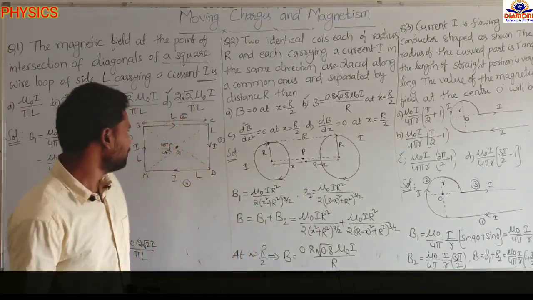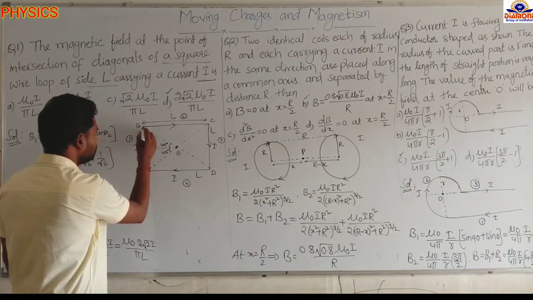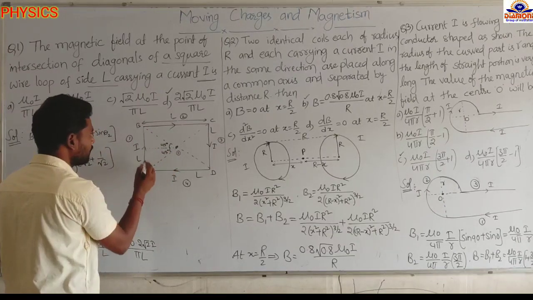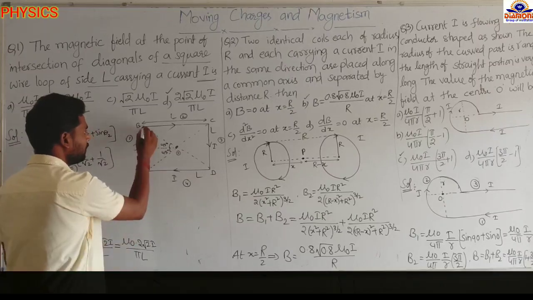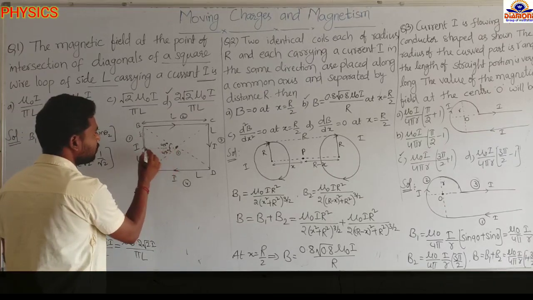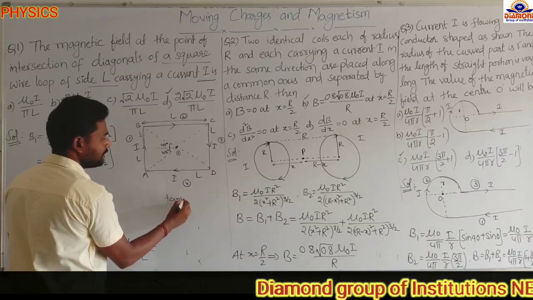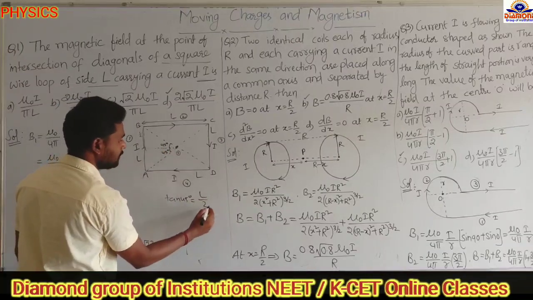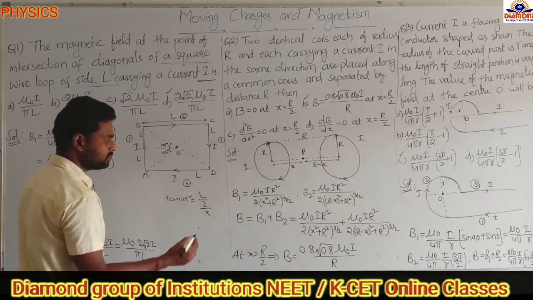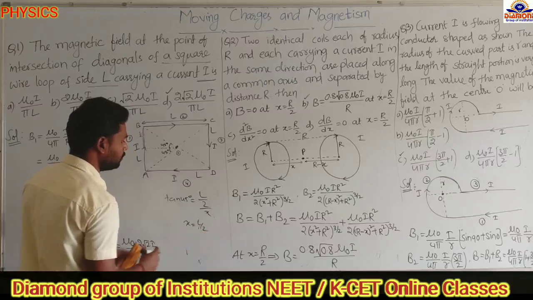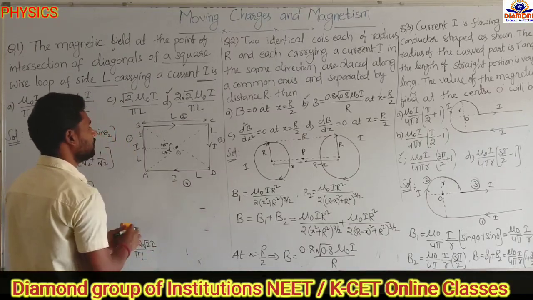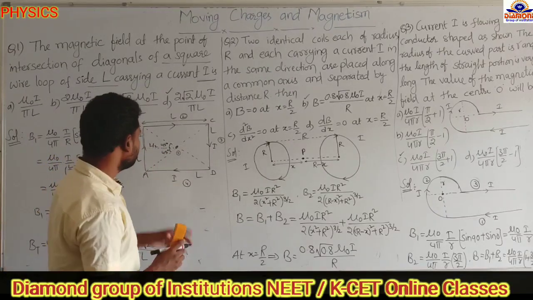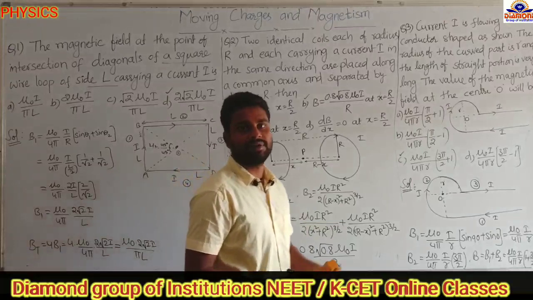So from trigonometry we can see, this length we know. This is the bisector bisecting, so the total length is L, and this is nothing but L by 2, from here to here it is L by 2. So this length we have to find. Tan 45 is opposite side by adjacent side. The opposite side length is L by 2. The adjacent side, this length we don't know; I am assuming it is x. Tan 45 value is 1, then x equals L by 2. That means the perpendicular distance from the point to this wire is nothing but L by 2. We got the perpendicular distance and the 2 angles, then substitute in the formula, we will get the answer.